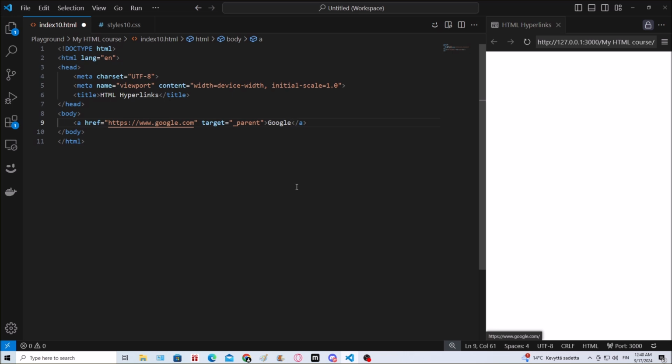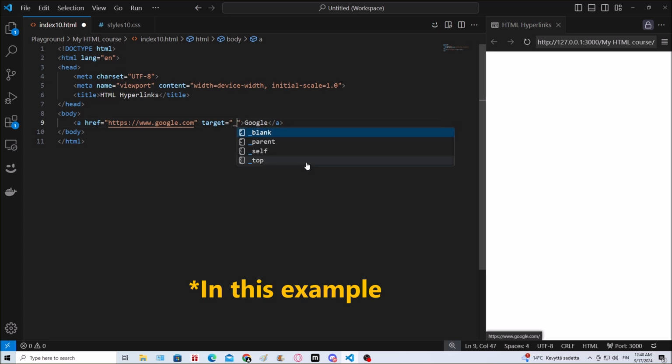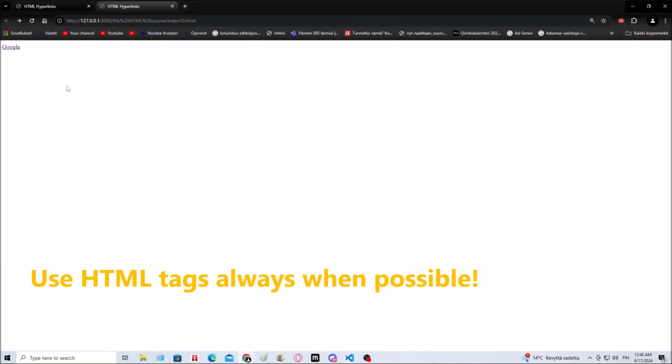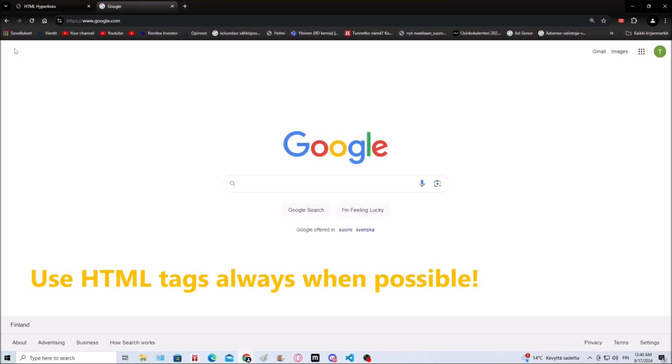parent target. So with this, it essentially does the same as the default. By the way, the default target is self, and it opens the page on the same page or window where it was clicked, and parent opens the document in the parent frame. Basically it does the same thing. So here, there we go to Google. Alright,